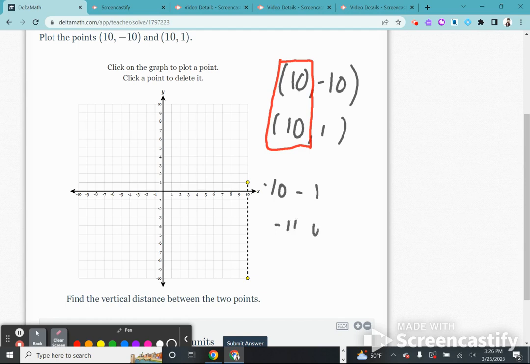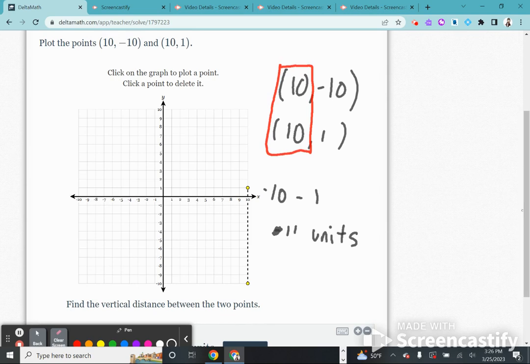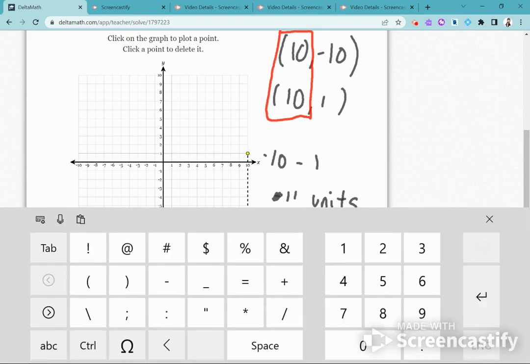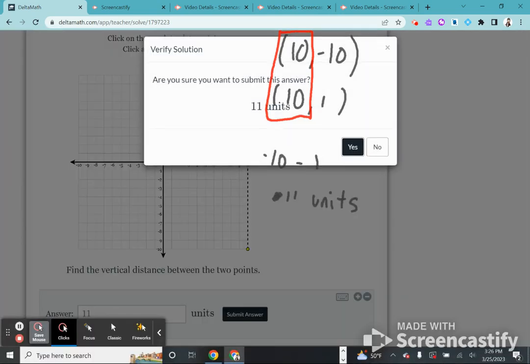So I know that that's the difference between our values, right? And this is an absolute value situation, right? So it's just the distance. So we don't even necessarily care about that negative. We just know that they are 11 units apart. So now I go in, I type in that they're 11 units,